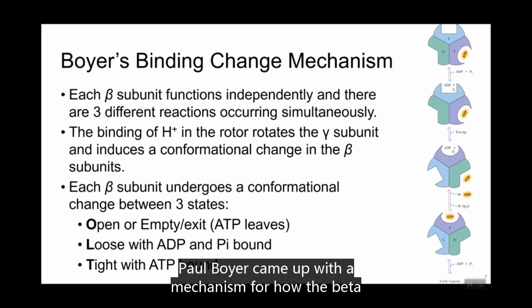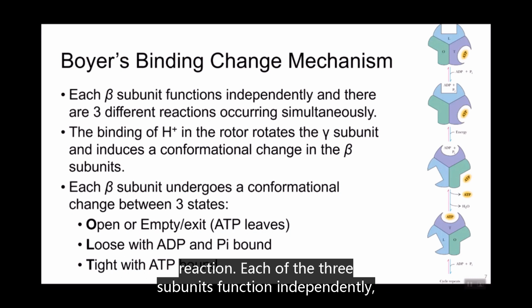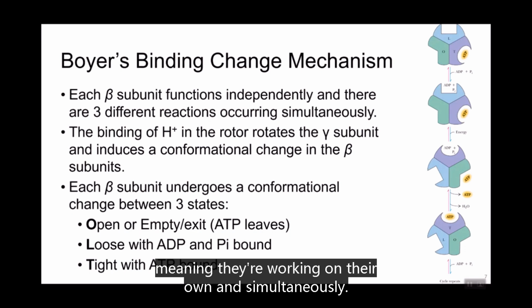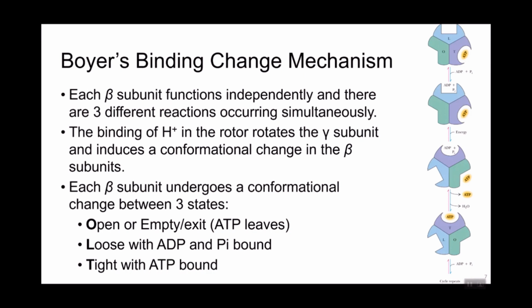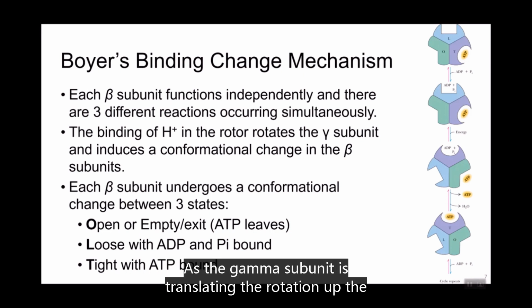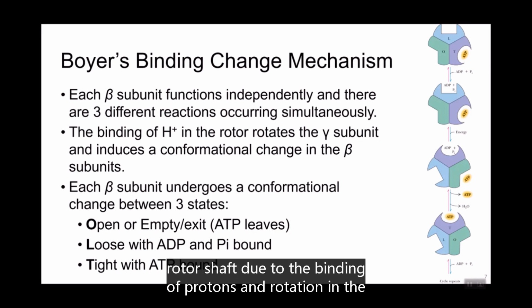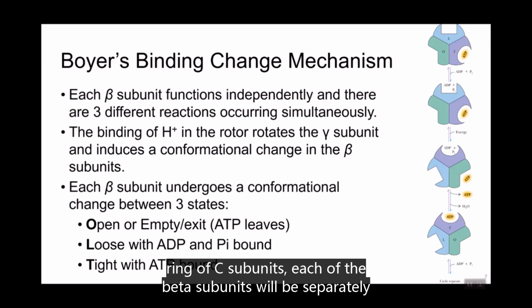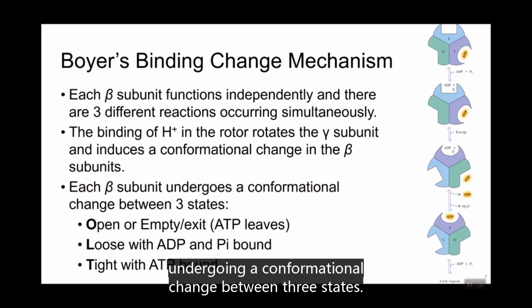Paul Boyer came up with the mechanism for how the beta subunits catalyze their reaction. Each of the three subunits functions independently, meaning they're working on their own and simultaneously. As the gamma subunit is translating the rotation up the rotor shaft due to the binding of protons and rotation in the ring of C subunits, each of the beta subunits will be separately undergoing a conformational change between three